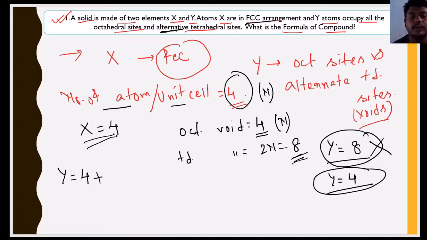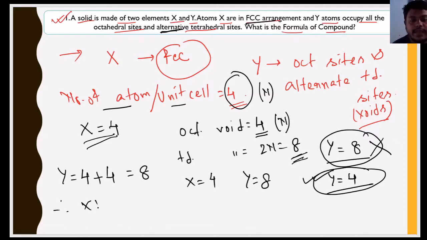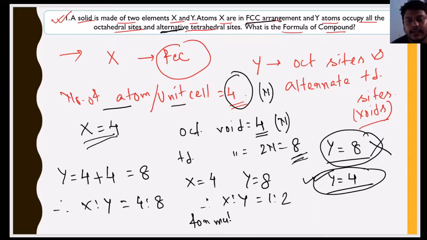कितना हो रहा है वो निकालो, फिर इंफॉर्मेशन क्या बोल रहा है वो सही से देखो। तो वाई एटम ऑक्यूपाई ऑल द ऑक्टाहेड्रल साइड्स एंड अल्टरनेटिव टेट्राहेड्रल साइड्स। दैट मीन्स यहाँ पे वाई का टेट्राहेड्रल साइड्स में जो अमाउंट होगा वो भी आएगा 4, तो इट बिकम 4 + 4, दैट विल बिकम 8। सो द अमाउंट ऑफ एक्स इज 4, द अमाउंट ऑफ वाई इज 8। That means the ratio of x to y will become 4:8, hence it will become 1:2, hence the formula of this crystalline solid is x1 y2, which is represented as xy2।